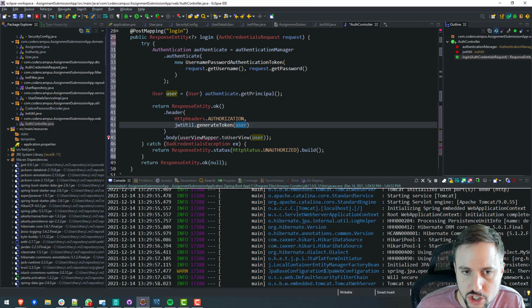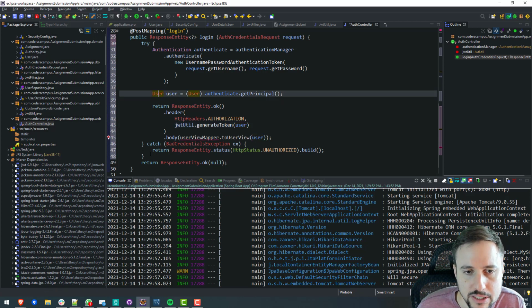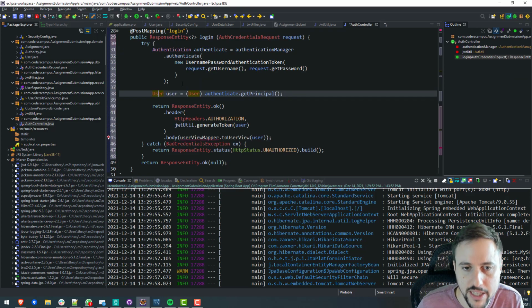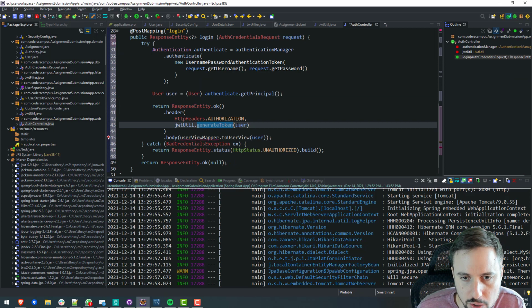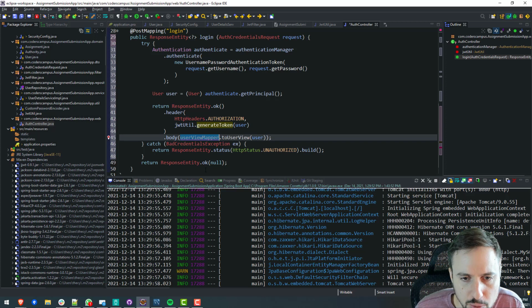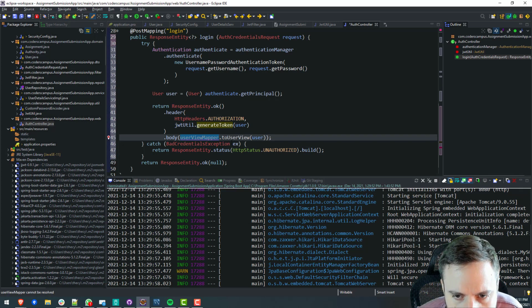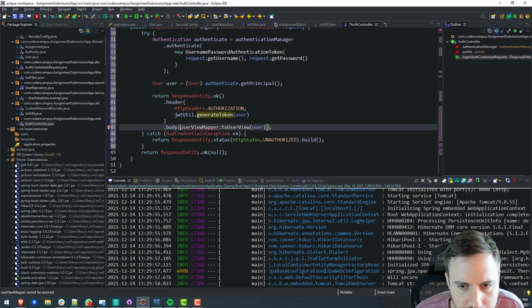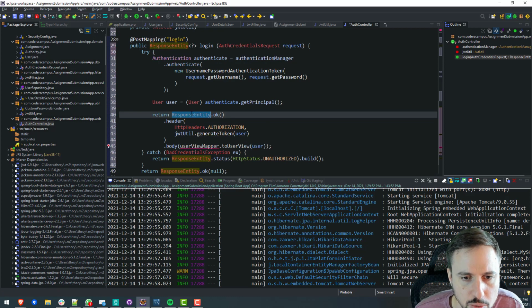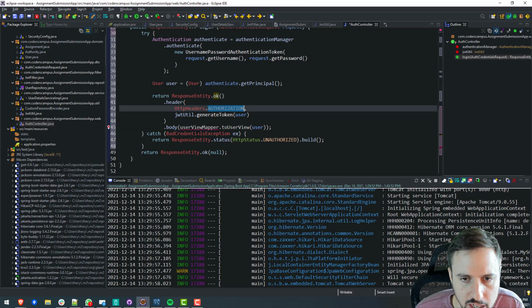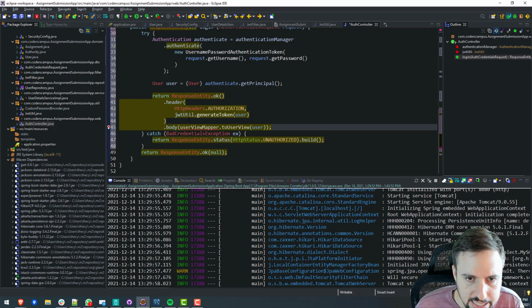We're passing in a user, which is okay because User implements the interface UserDetails right here. We did that earlier. And that's what generateToken wants, a UserDetails type. And that's okay. What is this? UserViewMapper toUserView. Interesting. That's a mapper that I don't really know what it's doing. So what is this doing? It's returning a response entity of OK. It's adding in the header authorization. It's generating a token. And in the body, it is